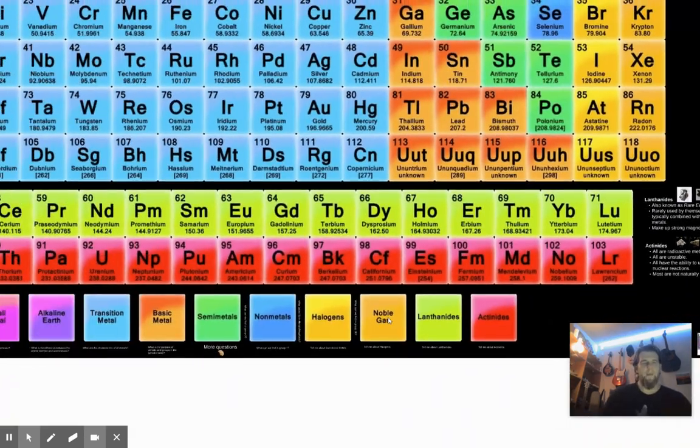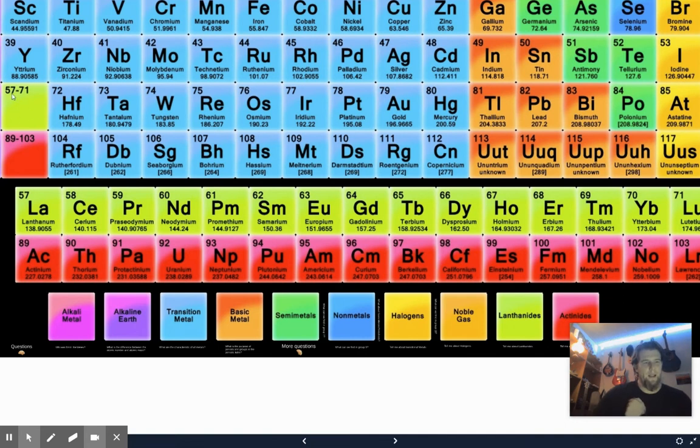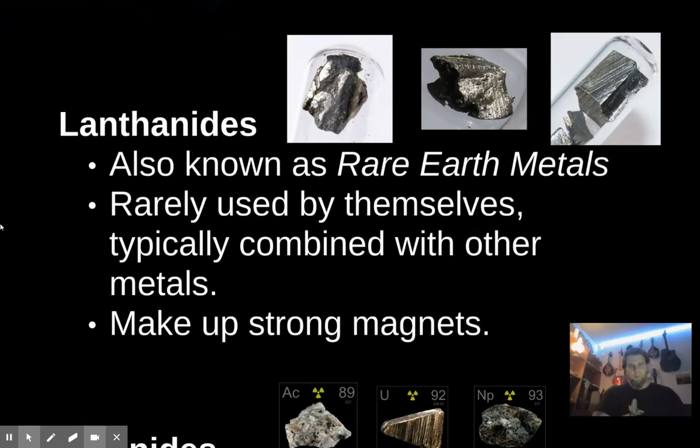Those two areas. So we hop back. Remember there were those areas right up in here where we had like this big jump in numbers. We went from like 56, then we jumped that whole way across. Well, here they all are. So all of these ones would fit in there. It would just look really weird on the periodic table if they tried to cram those in. And so we have two sets of the rare earths. There's the lanthanides and the actinides.